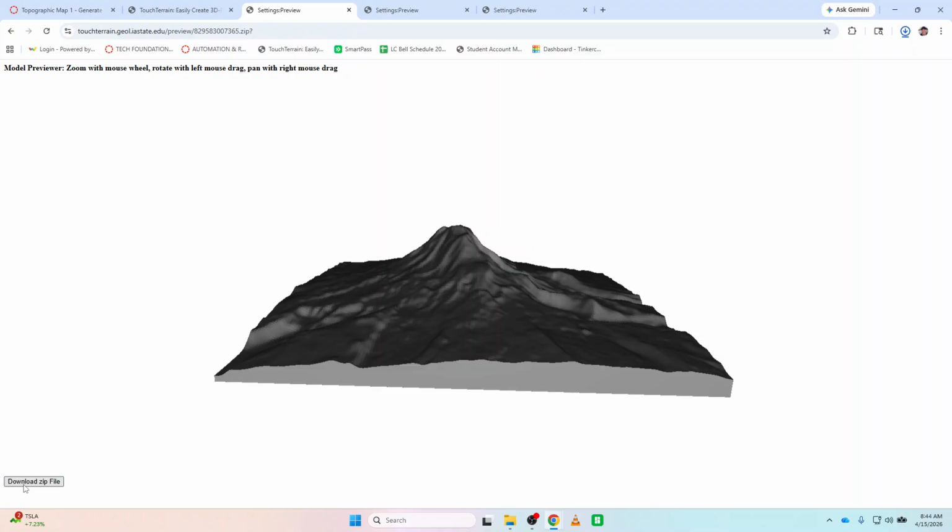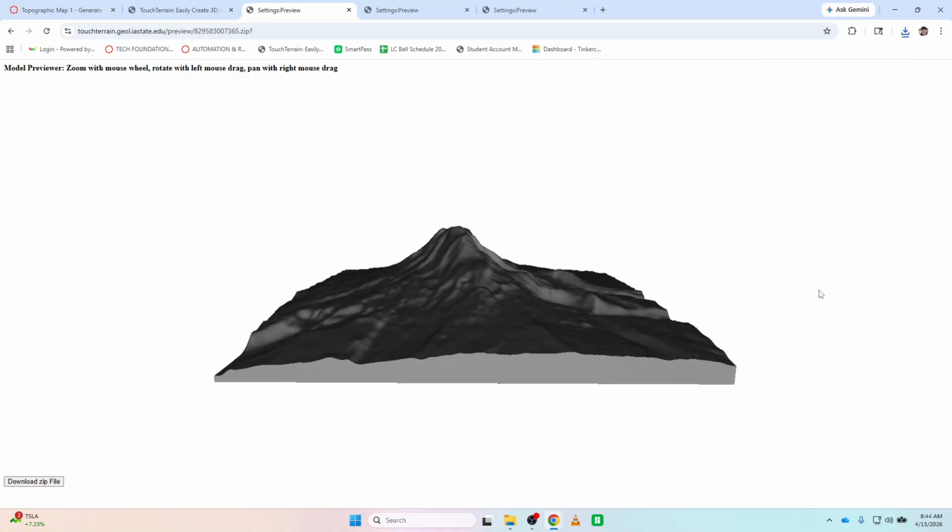Okay, now we're going to keep this zip file on your computer, and you're going to prove you did this, you've got to turn it in. But guess what? Zip files can't be 3D printed. So before you turn it in, you're going to have to unzip it. So let's go into